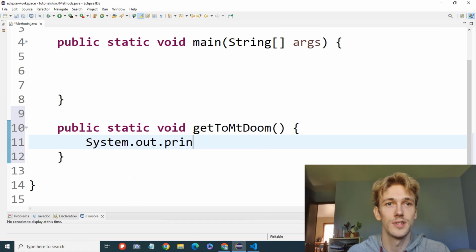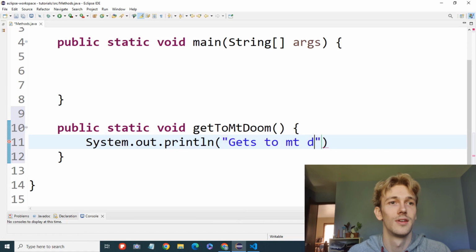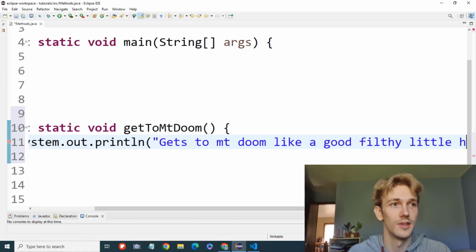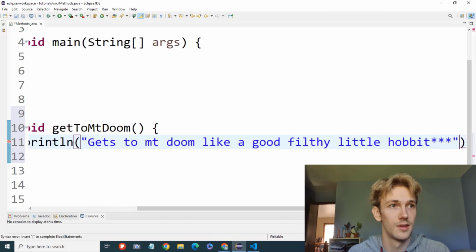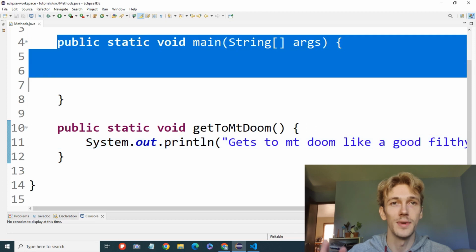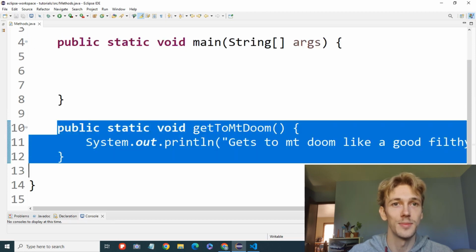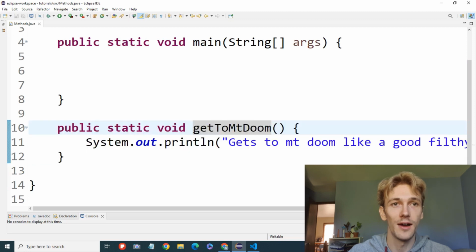Let's just print out "gets to Mount Doom" like a good, filthy little hobbit. So right now we have two methods inside of our class. We have the main method, which doesn't have anything in it, and then we have our second method, getToMountDoom. And if we ran this right now, then getToMountDoom wouldn't run at all, because when